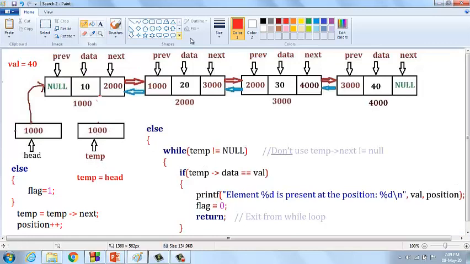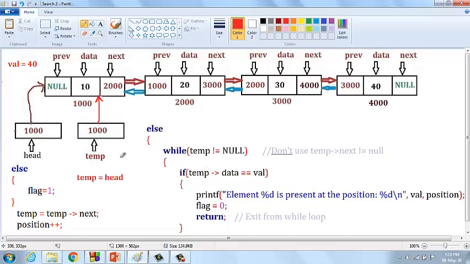Automatically temp is also pointing to the first node in the given linked list, because we should not move the head pointer from one node to another node. If it moves from this node, the connection is terminated here. The temporary pointer can move from one location to another and reach the exact final destination, that is, find whether the search element is present or not. That is the use of the temporary pointer.